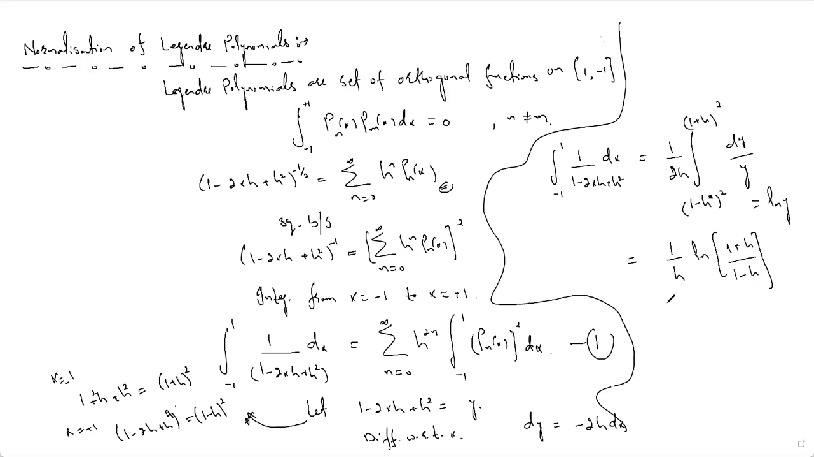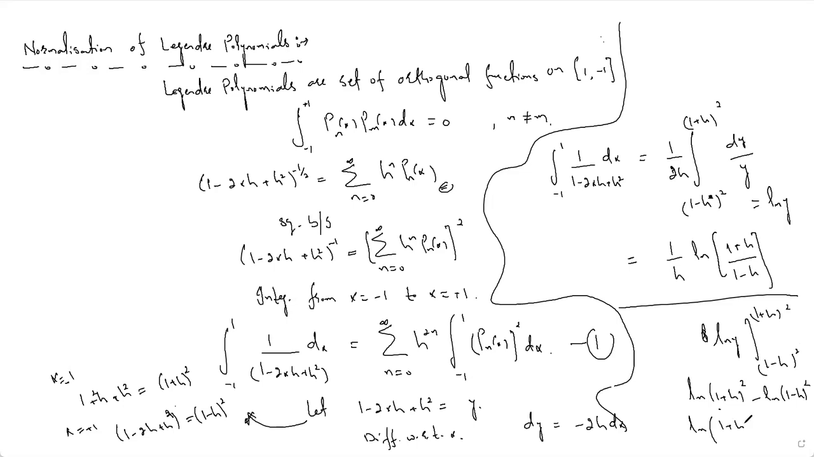Do you understand? Let me write this here first. When you integrate, it will be ln of y, simply ln of y from the limits 1 minus h whole square to 1 plus h whole square. Okay, now it will be ln of 1 plus h whole square minus ln of 1 minus h whole square. So this will be ln of 1 plus h whole square